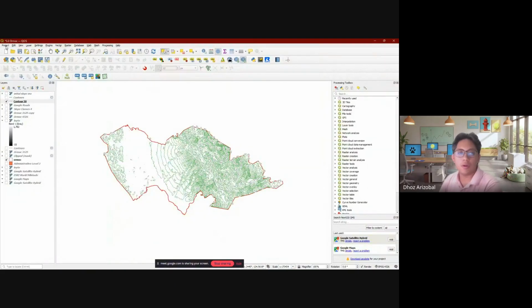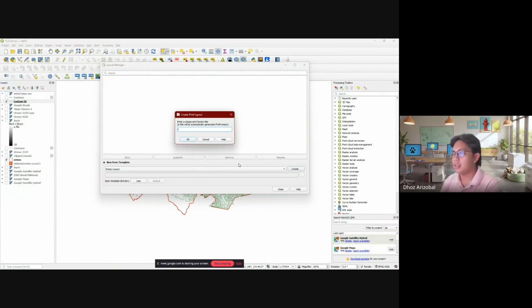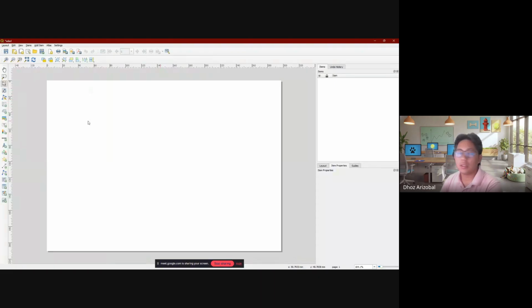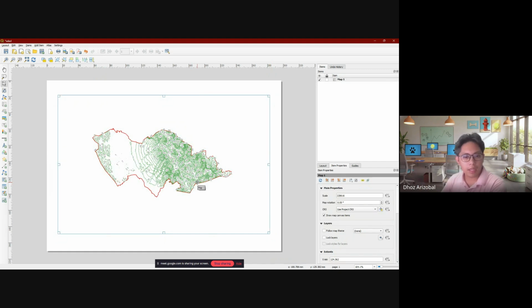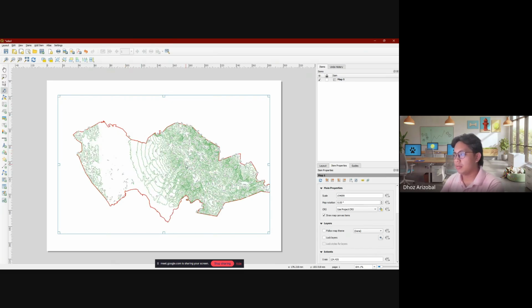So like you go on your project, layout, slate manager, okay? And you just add your new one. So what I was talking about kanina, okay? So say if I add my map, okay? Just a standard, and then I'll try to